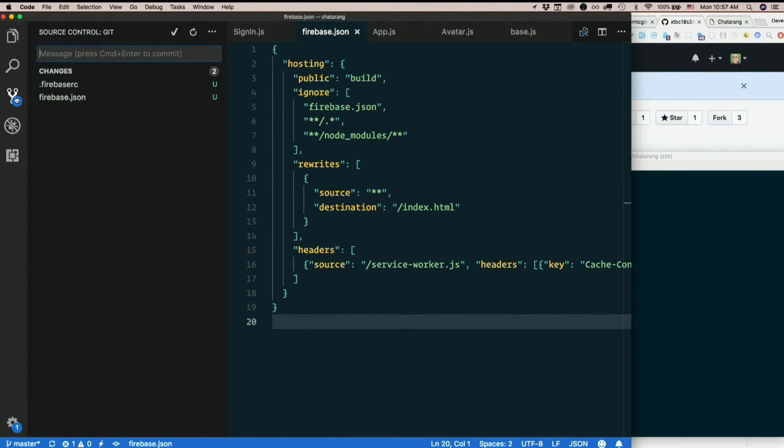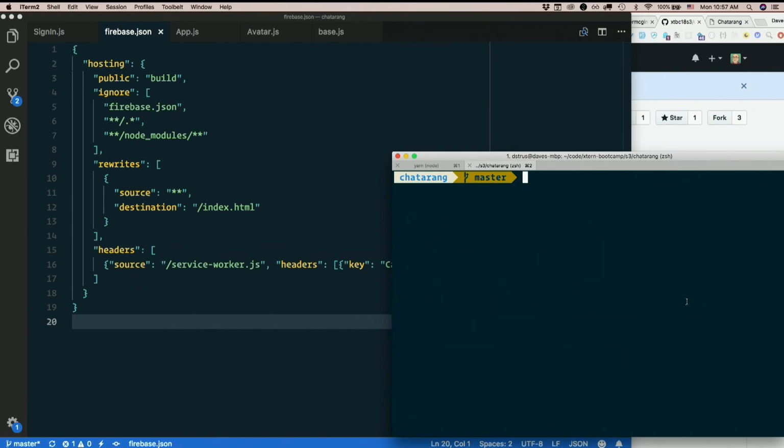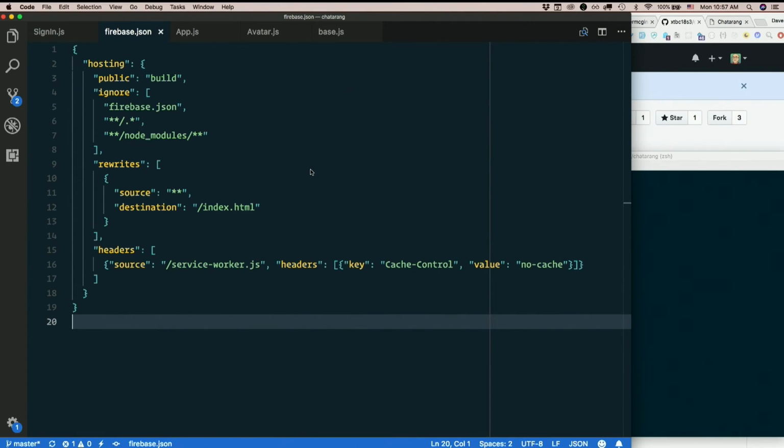I'm going to go ahead and commit this Firebase config here. Add Firebase hosting. Actually, I'm going to change one more thing before I do that. So whenever you want to deploy, you need to run yarn build to actually compile your JavaScript, and firebase deploy to deploy the thing. Or you could update